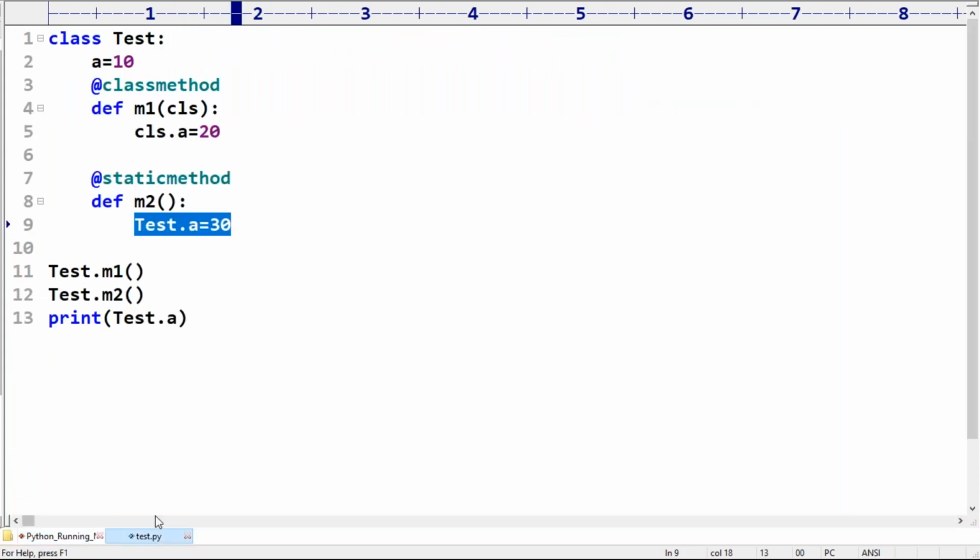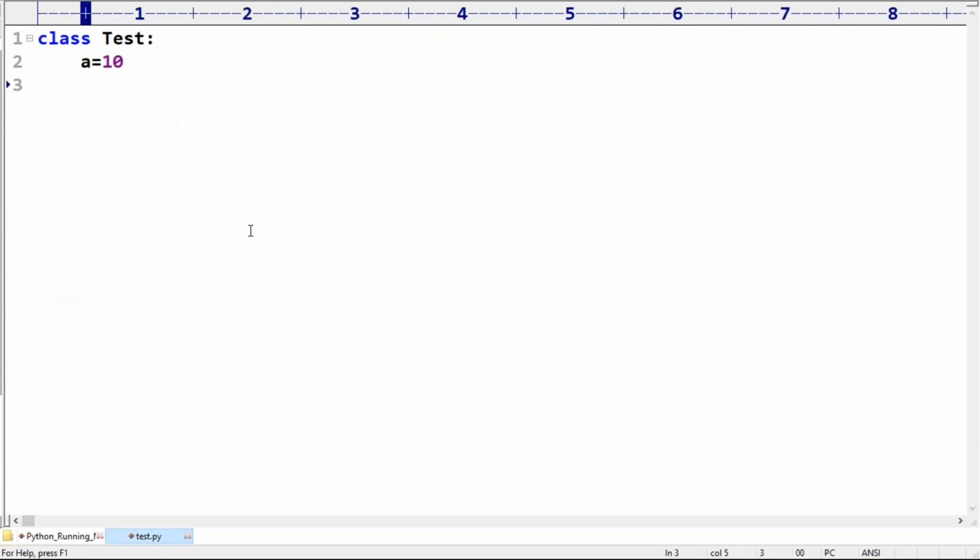Now observe this example. Suppose I'm taking the same class Test, a is equal to 10. Def m1(self), self.a is equal to 888. Then t is equal to Test(), and I'm calling t.m1().